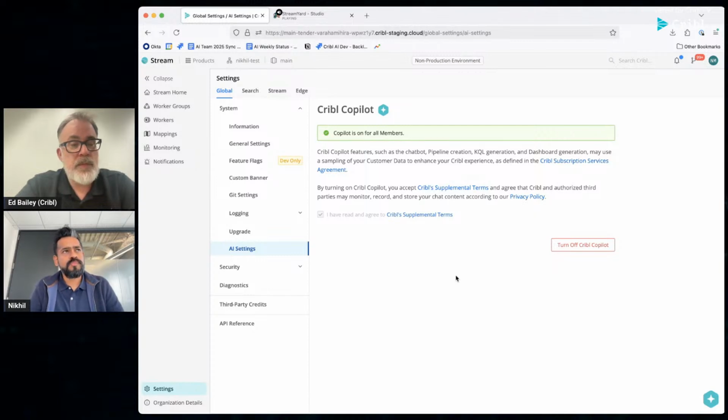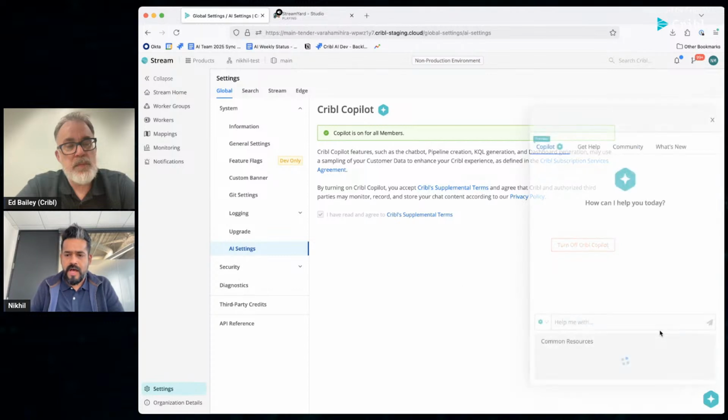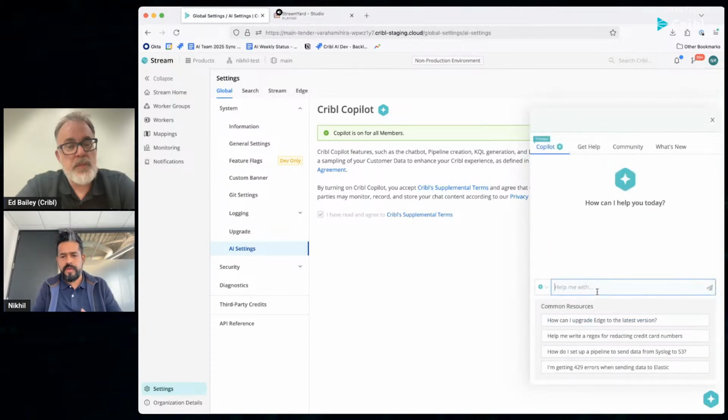No, that data is passed through an LLM inference API. In order to provide these AI capabilities, we have to take the contents of whatever you type in this prompt box, as well as the data that you're operating on, and pass it through an LLM engine.